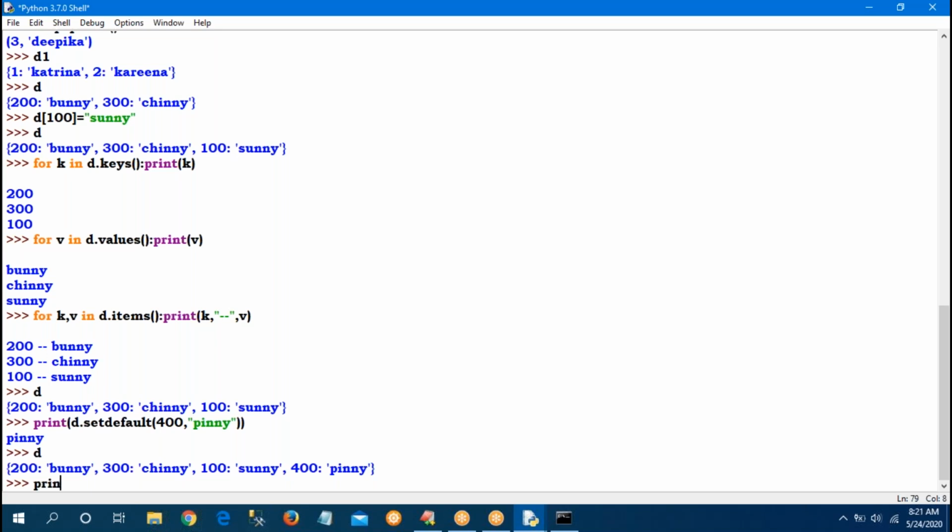Same concept, observe now. D.setdefault(100, 'Winnie') I have given. Now what will happen? Anyone please check. So is Winnie replaced in the place of 100?